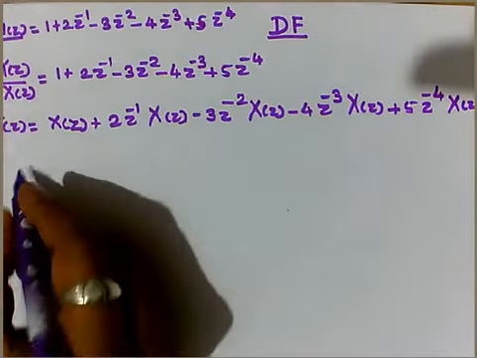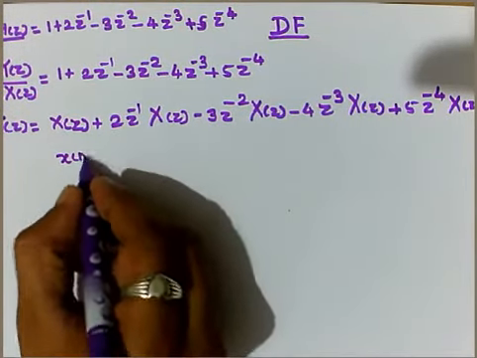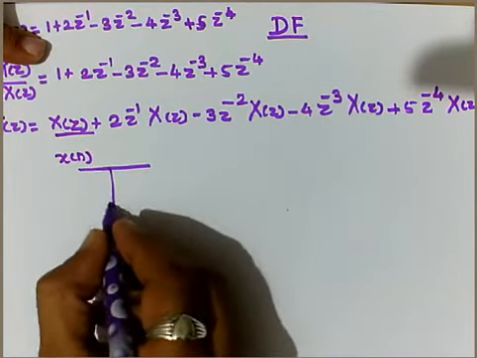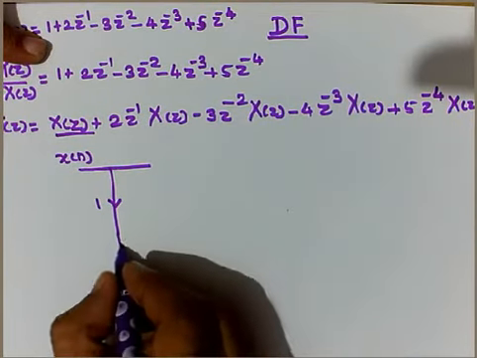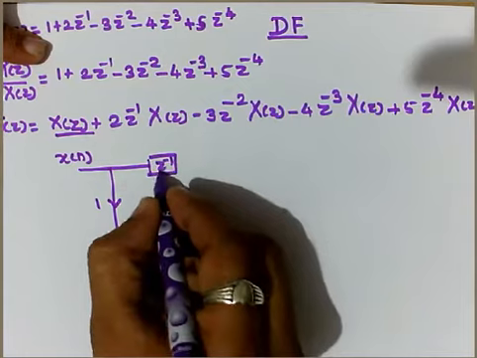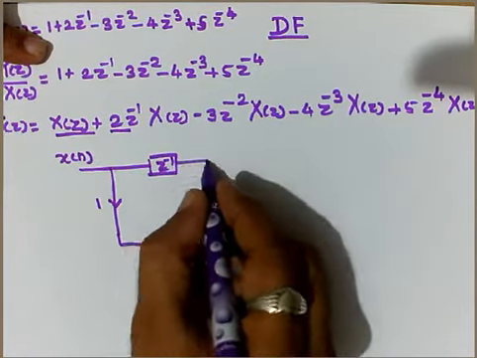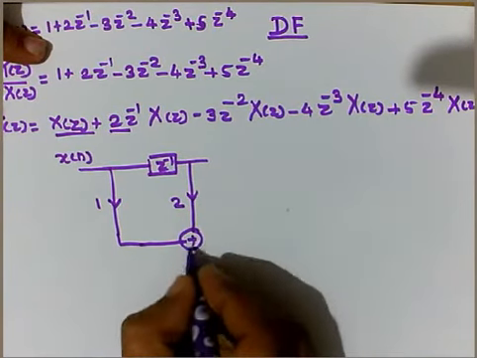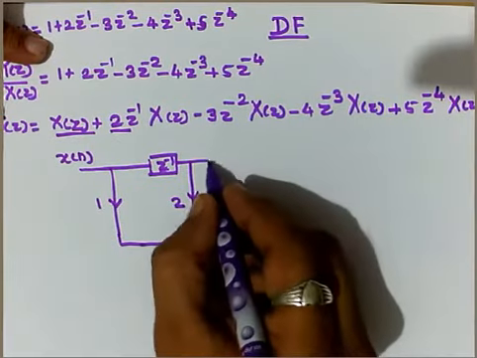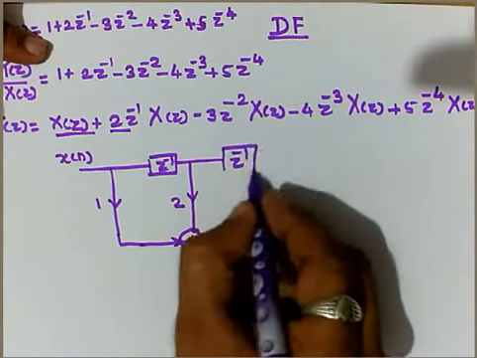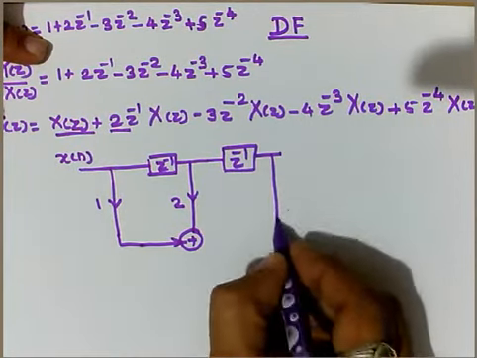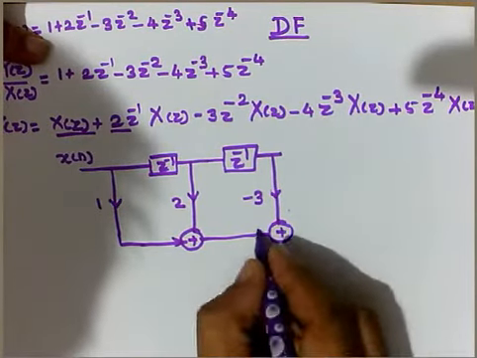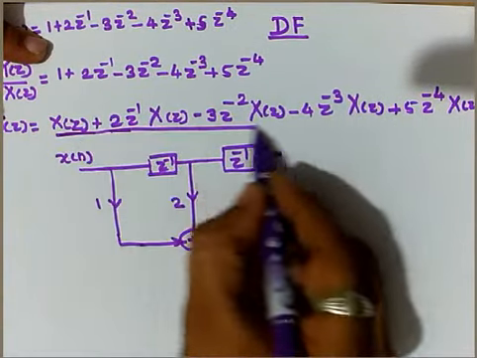So let's take the input first of all, that is nothing but x of n. So from this input, since it is taken as it is, by scaling it to 1, so 1 will be here. Next, apply the z inverse block, that is for the second term, so it will be multiplied by 2. So here the coefficient will be taken as 2. So add these two so that we will get this first addition. Similarly, next it is z raised to minus 1 again, so as to get this z raised to minus 2. Scale it to minus 3. So this will be minus 3. Add it here so that it will be done for this part.